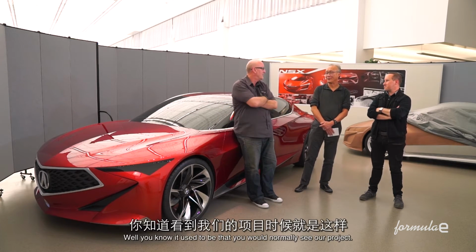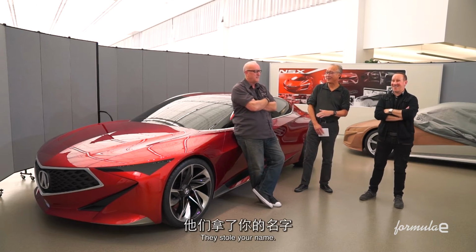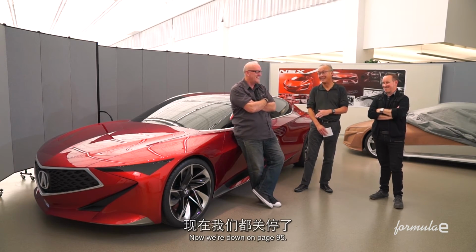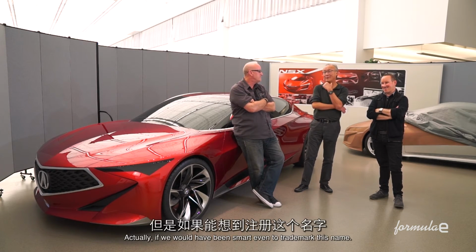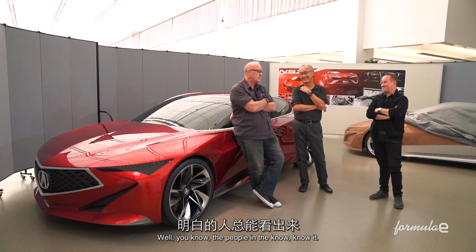It used to be that you'd Google Formula E and you'd see our project. Now it's like Formula E, we're down on page 95. They stole your name. Actually, if we had been smart enough to trademark the name. You should. I think. But the people in the know